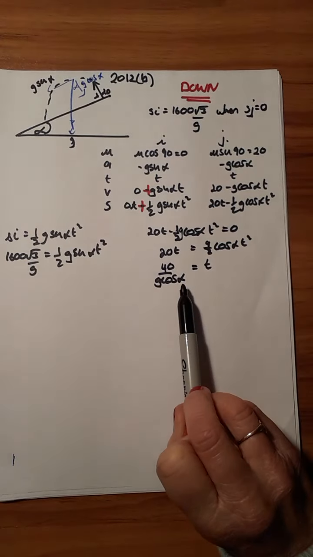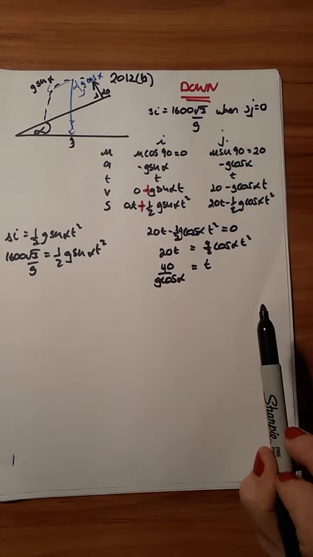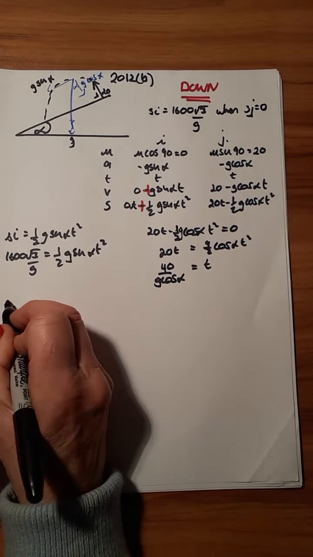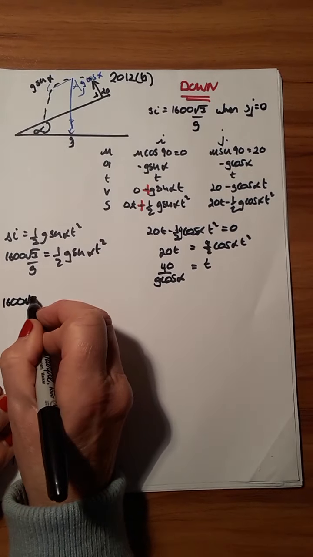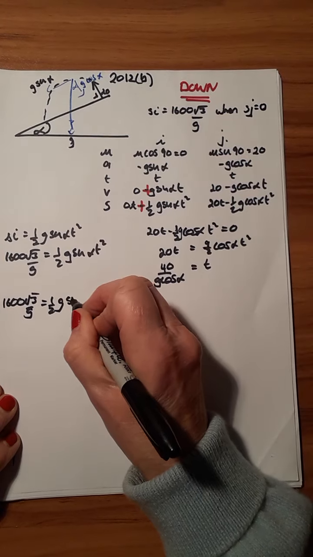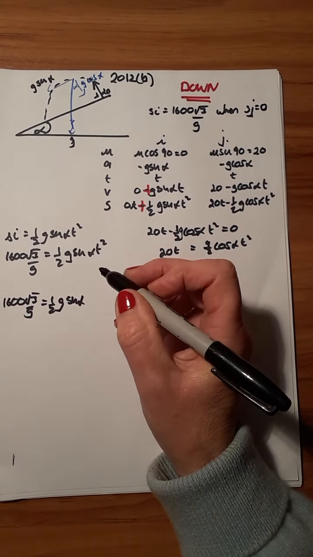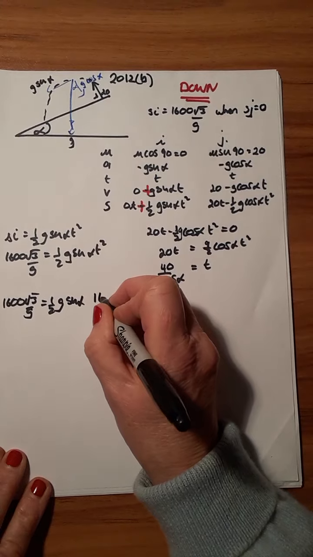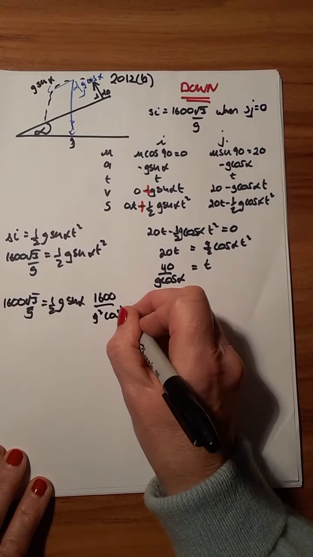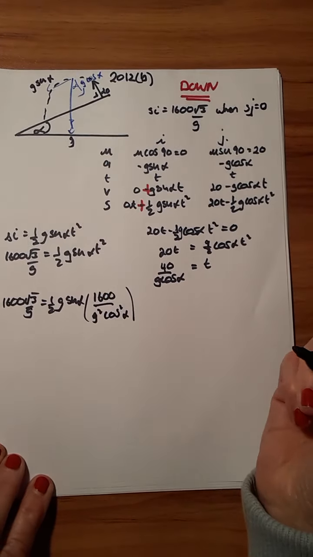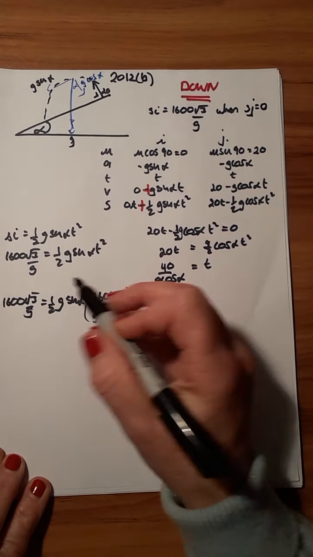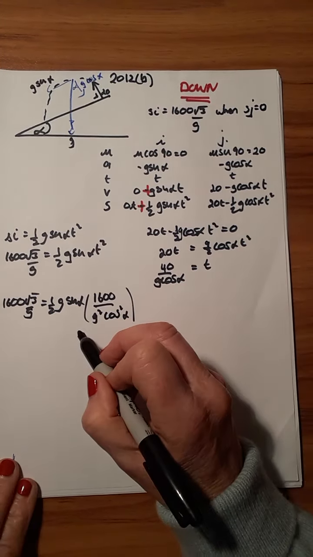Now I'm going to substitute obviously this t into that expression, and then that will lead me towards sine alpha. So I'm going to say 1600 root 3 over g is equal to a half g by the sine of alpha. Now t squared, I'm going to square this. So this is going to become top line squared, 1600 over g squared cos squared alpha. Okay, and I know that that is equal to,